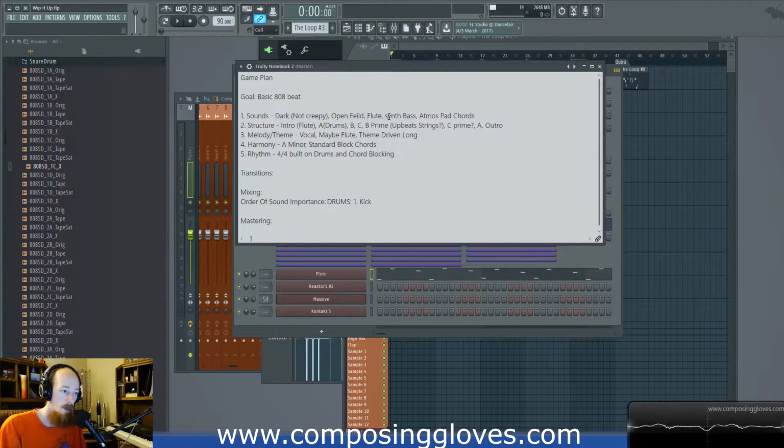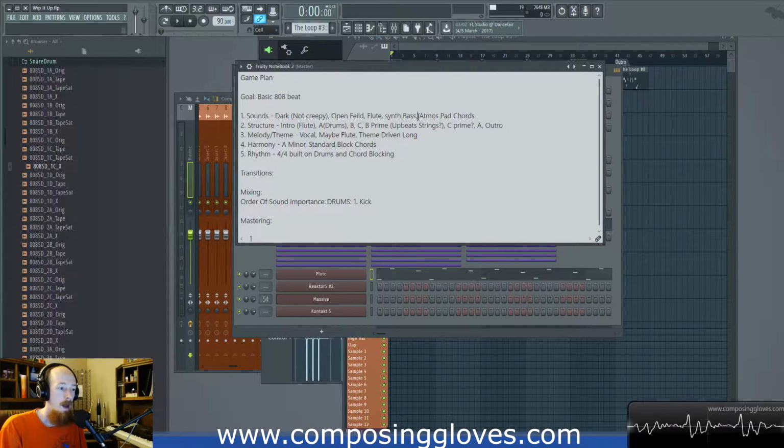So I didn't care how the flute was made, but I was specific. I wanted a synth bass. And I could use a sample synth bass. I mean, those exist. Retro Machines is a library in Contact that has sampled basses. But I just said synth bass. I knew I wanted something like that.